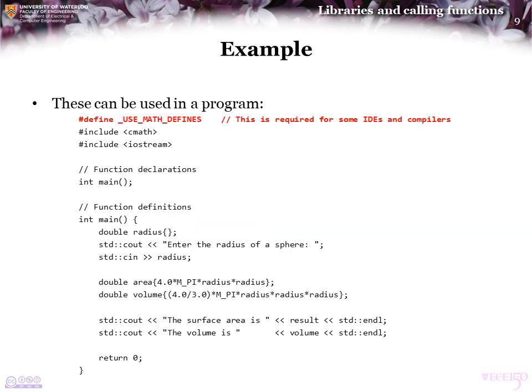You can now use these global variables in your program. Normally you should only have to include the library with the preprocessor include directive, include cmath. However, there are problems with certain compilers, and so some compilers require you to include the preprocessor define directive, where we define the symbol